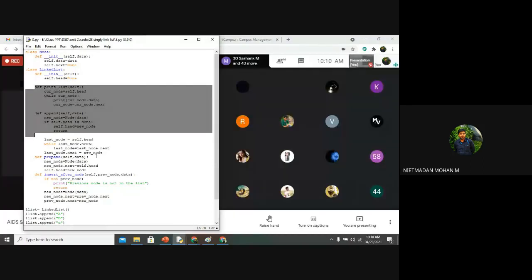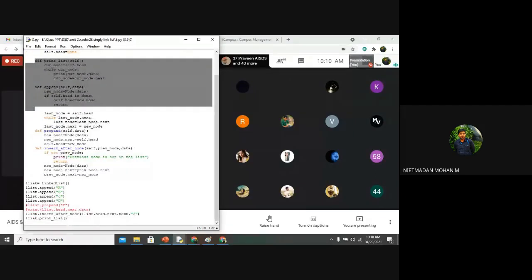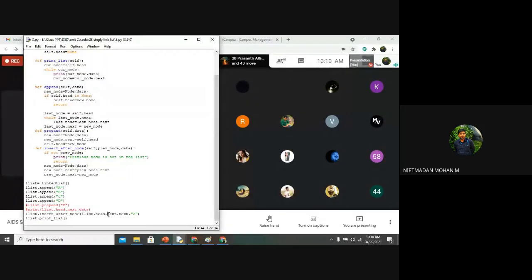When you are studying the stack and queue, the insertion and deletion parts will be studied in your stack and queue. In the previous class, in the last session, we discussed that next will give you the pointer of B and C. After C, it will display Z. But this is not the way to display this. Like this also, the output will come, but this is not the way.